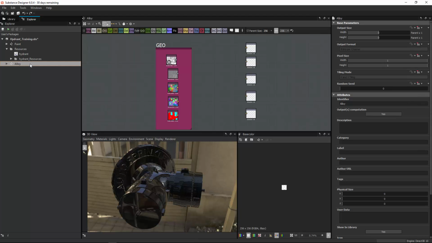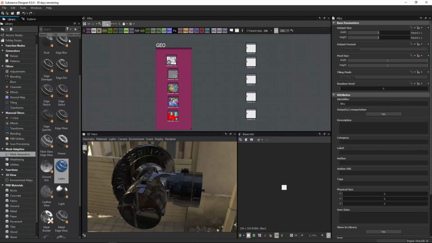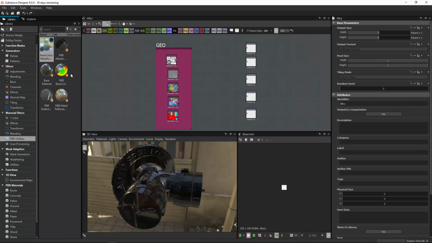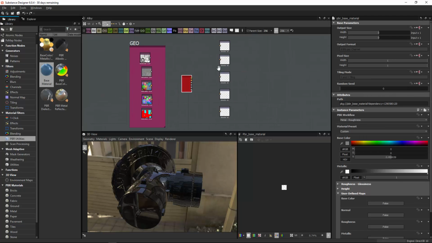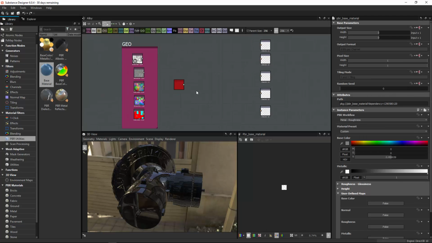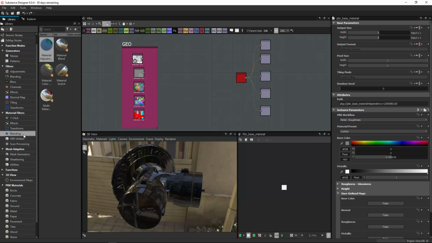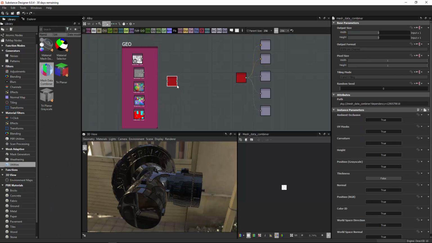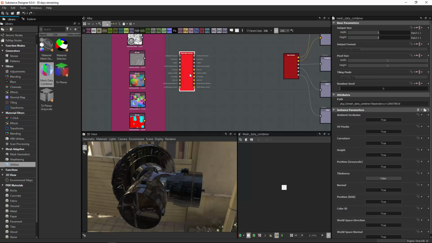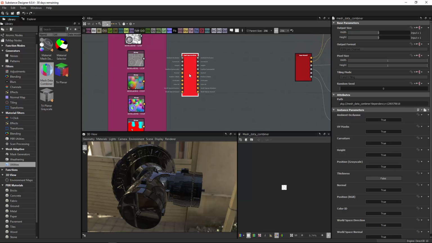So let's go back to the alloy, go to the library, and create this base material, which should be in here. Let's move these guys over, press 3, connect them to the outputs like this, and then you go back to, if I can find it again, where was that? Utilities, I guess, mesh data combiner, and let's hook those nodes up as well, or let's just be lazy and